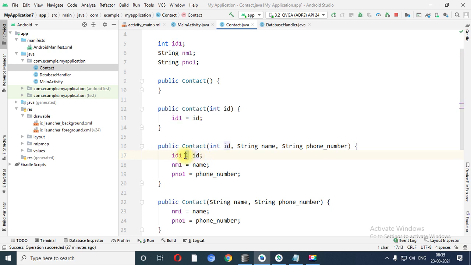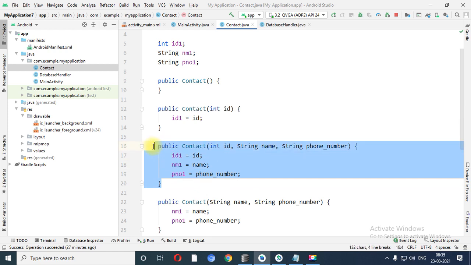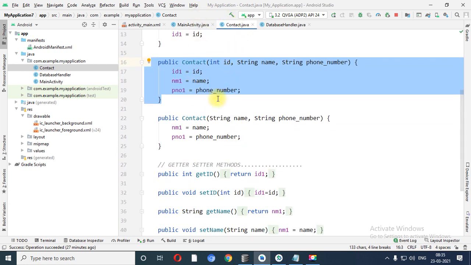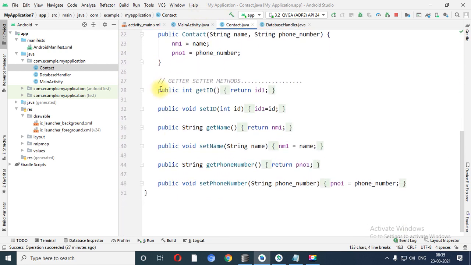The left hand side variable is a part of the class, and the right hand side variable is the variable which is declared inside the argument, right? So when you call the contact constructor and pass 3 values at the end, at that time this constructor will execute its code, right? Now see, this particular contact file also contains getter and setter methods.